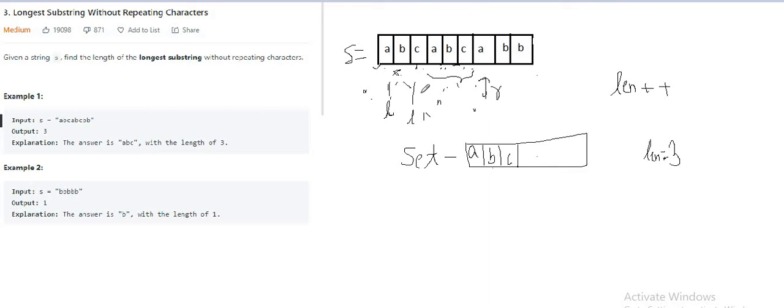L is simultaneously incremented whenever an element is erased from the set. When we go here, now A is present here, so we will delete this A and we'll insert this A in our set. Now when we go here, B is already present, this B is removed, L points here, and when we go here, now B is already present, so we have to remove this C, and simultaneously we have to decrement the length,